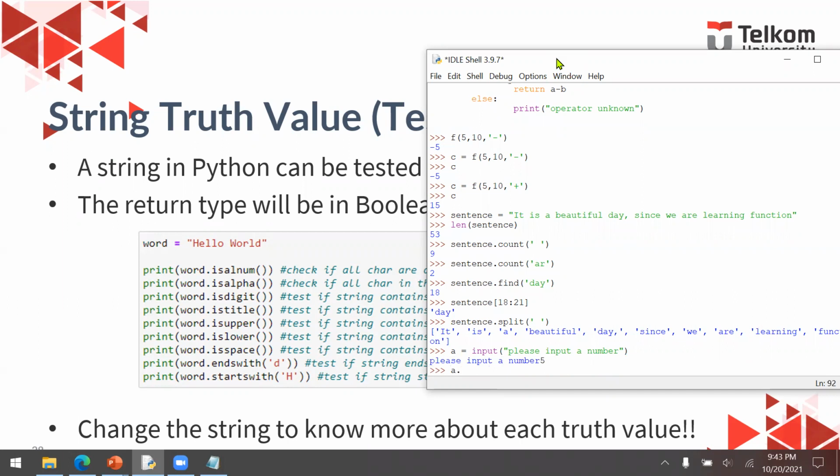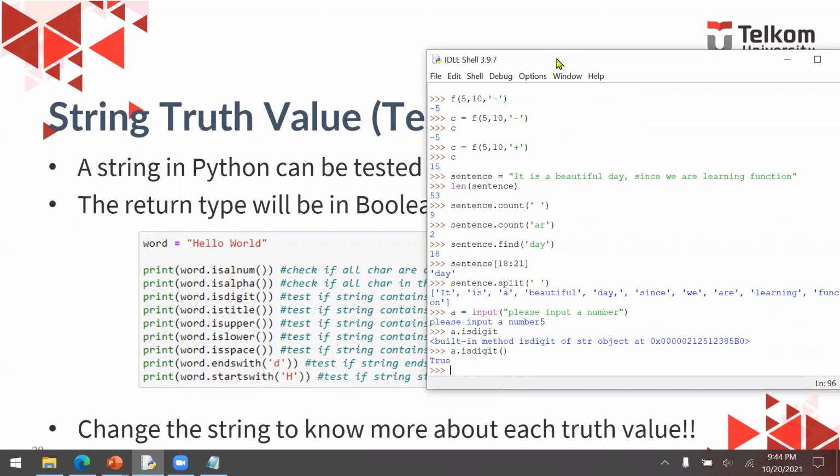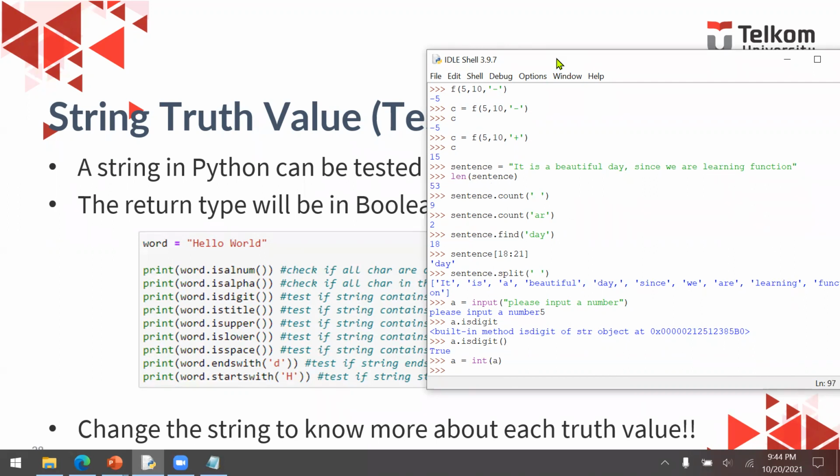A dot isdigit. It says true. Yes, it's true. It's a digit. So we can use A, it has a value from integer A. So then we can safely use casting integer.